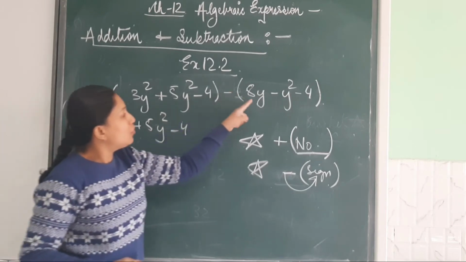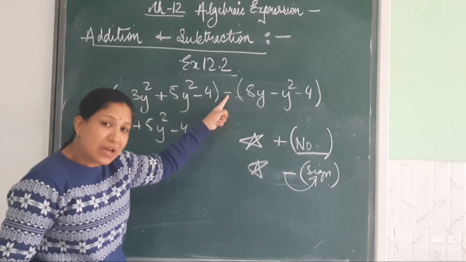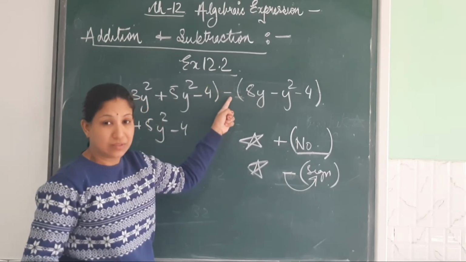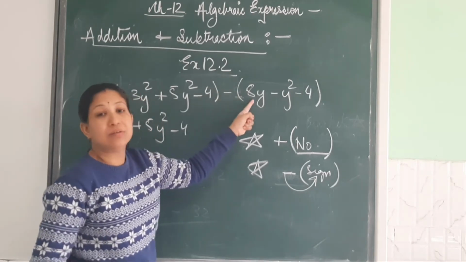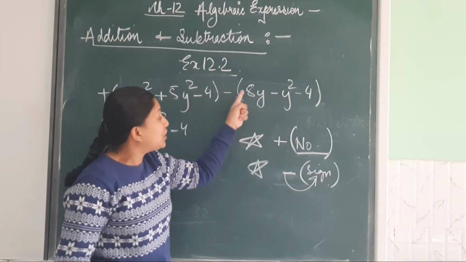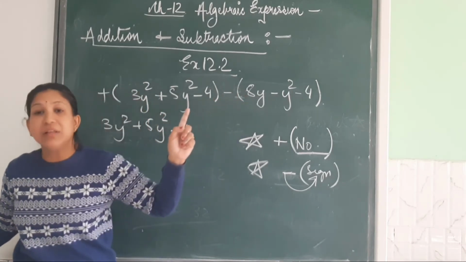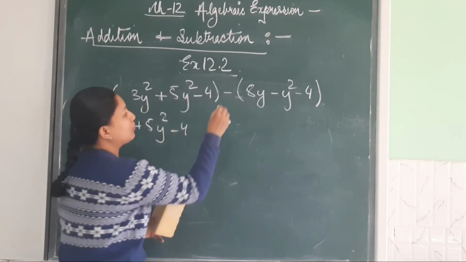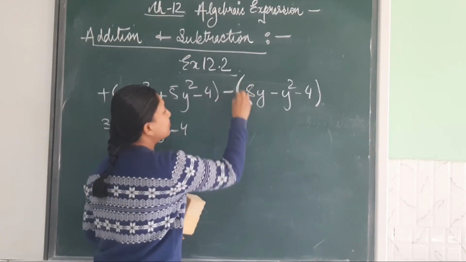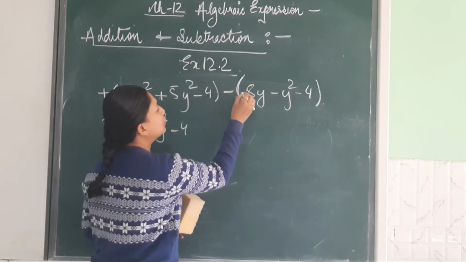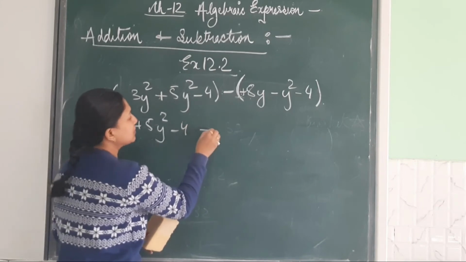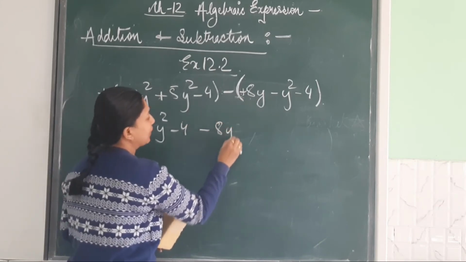Next, you have a minus sign. We have understood that if you have a minus sign, you will copy the terms, but there will be a change in the sign. And why will there be a change? Let us discuss that also. You know the law of multiplication. Minus bracket means multiplication. Minus into what sign does 8 have? Plus. Minus into plus. This is minus 8y.